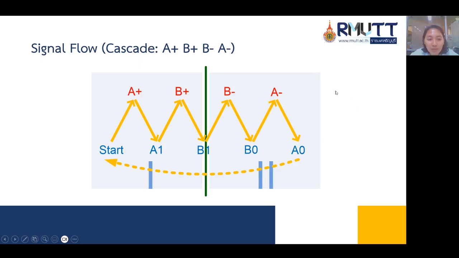This is the signal flow that uses cascade configuration, because the signal flow is A plus, B plus, B minus, A minus.